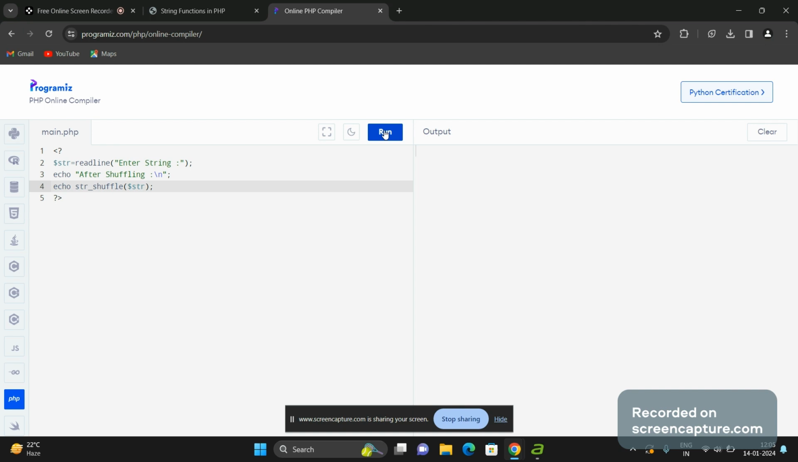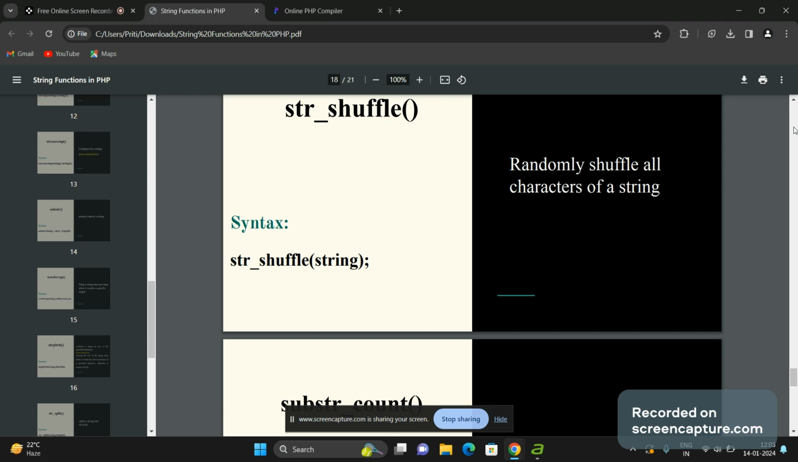So what I am getting, if I am giving a statement like this, so after shuffling it is giving me random characters in the string. So all the characters will be shuffled in the given string. Okay. Next function is